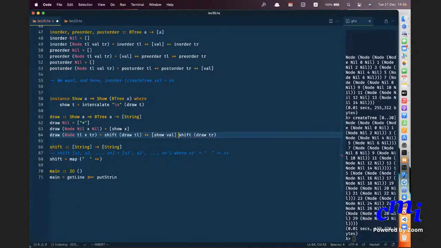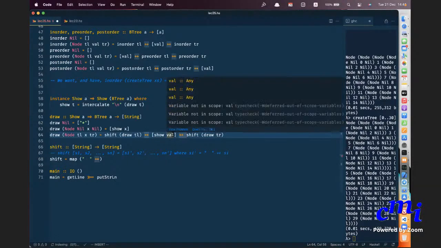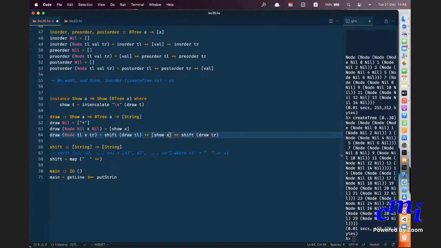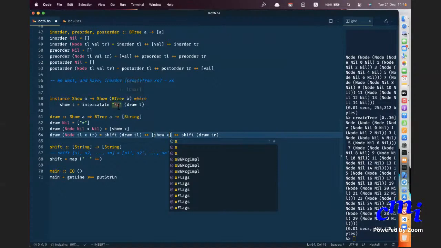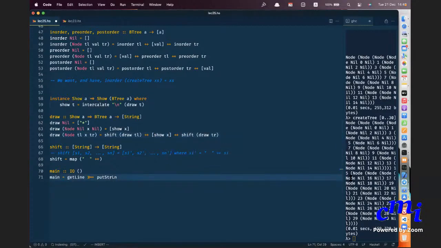The other thing is, because I want to do this in a simple manner, I shall first use this draw function, which will create a list of strings, and then I'll put them together. Ultimately I want one string, but instead of trying to build one string in one go, which is difficult, I am going to create a list of strings and then put them all together. When I put them all together, I insert a new line in between each. Is it clear? So I can show you by showing draw separately and then this separately.